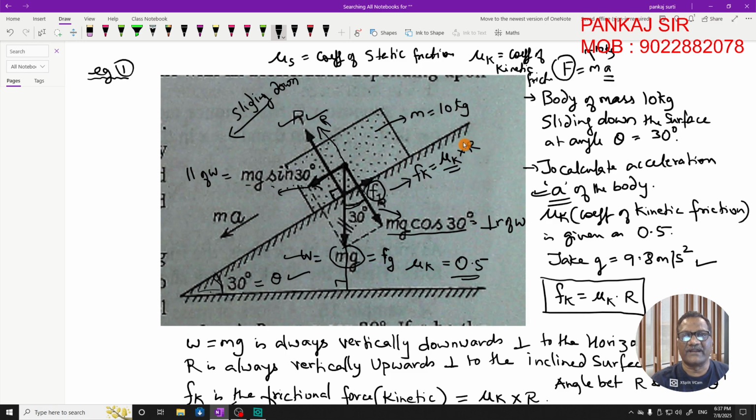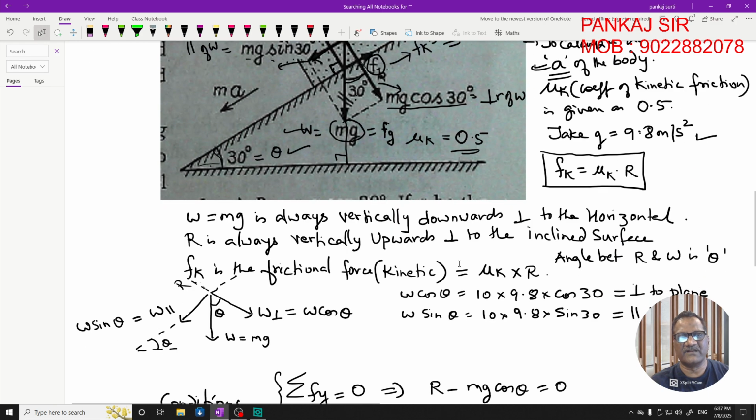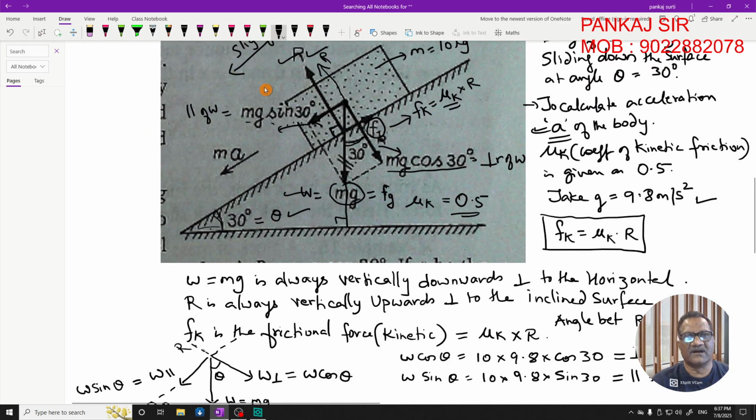It is 0.5. But you don't know the reaction value. So to find out the reaction force, we will consider the summation of vertical forces to be 0, because that is in equilibrium. Right. Can you see in the diagram, the vertical forces consist of R, which is going in the upward direction, and in the downward direction you have the perpendicular component of the weight, that is mg